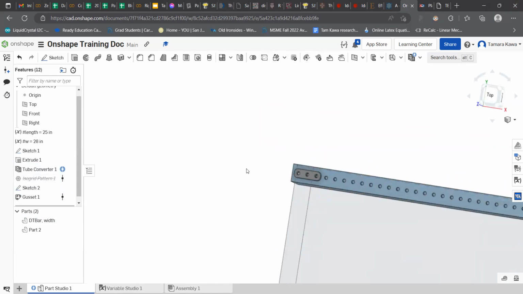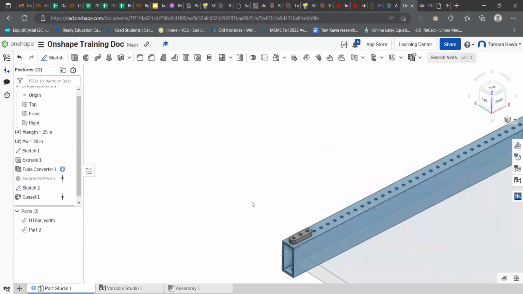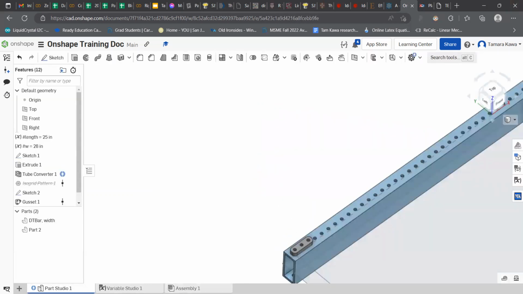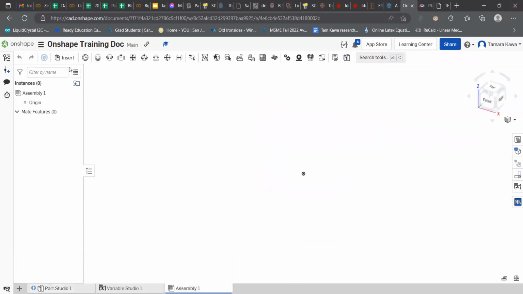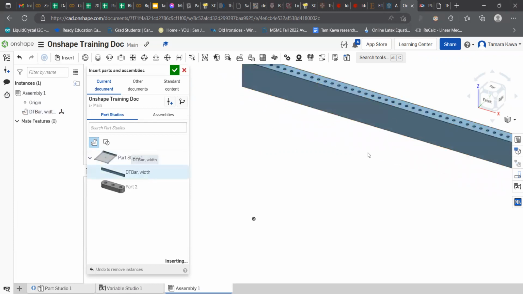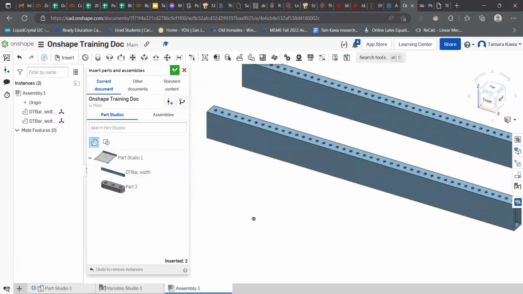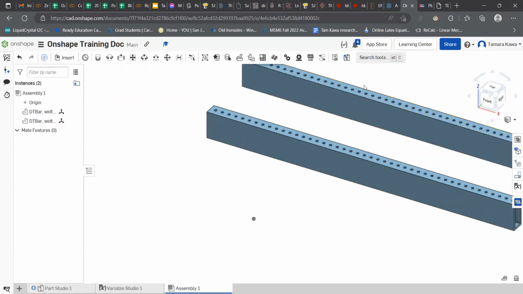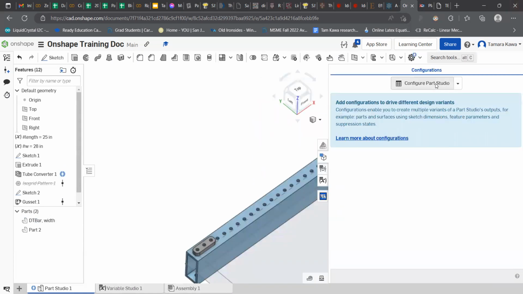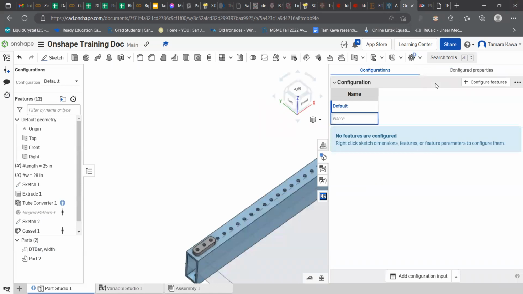I think one other thing that might be critical to show you now then is the assembly. So you notice I only created one bar over here. In the assembly, you actually only need to create one instance of a bar, and then you can create multiple instances here. So let's say I actually do want some features to be different on these bars. So I could actually add a configuration panel if I wanted to and configure this part studio. So let's say there's a default called